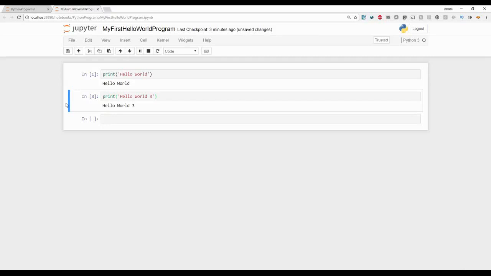right? So this is kind of how we will be using it. Now, one cool thing about this particular notebook is that you can type in some Python code, and also you can type in some markup, right? So now what I mean by that is, let's do something like this. Enter my first Python program,